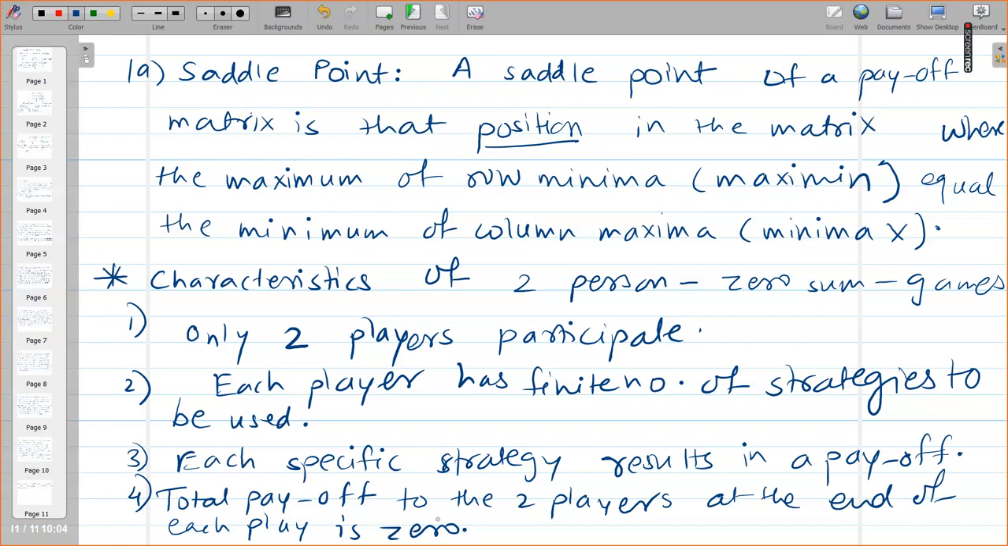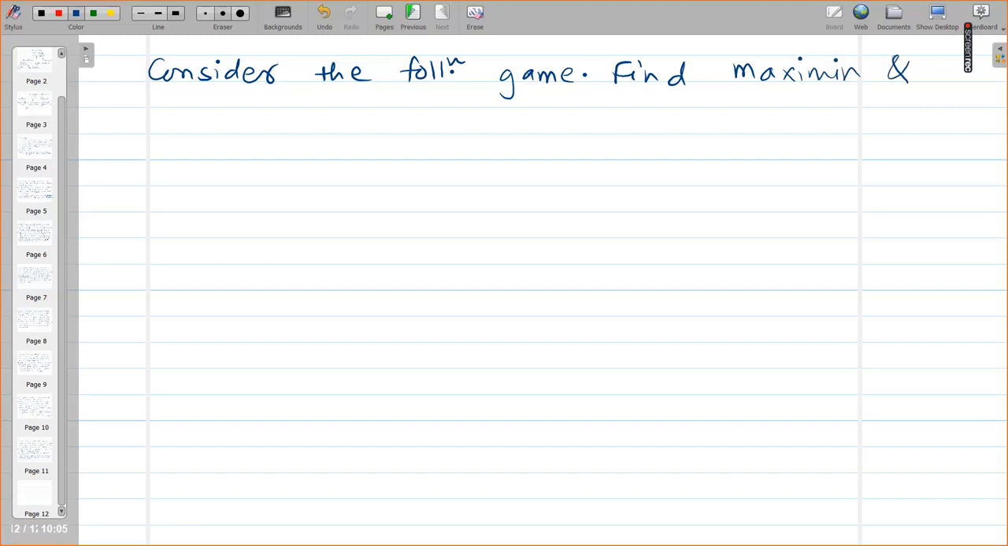Now we can actually consider a game. I hope you have got a little bit of an idea about a game. Yes or no? Yes, ma'am. So let us consider a game now. Okay. Consider the following game. Find maximin and minimax. I told you that a game will be represented by a matrix